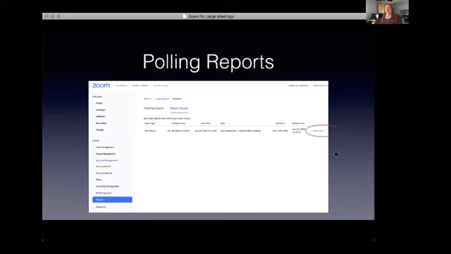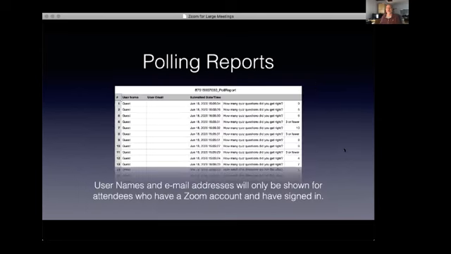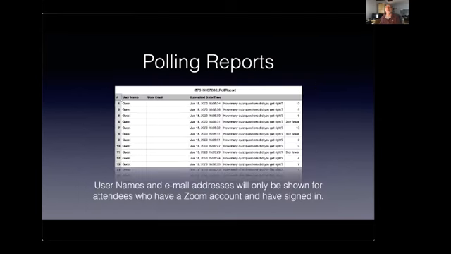After an amount of time, depending how busy the server is, it will change to download once you've done that. So you download the report and you get this. It looks like this. So you can see immediately that the username, there were an awful lot of people in our meeting called guest.